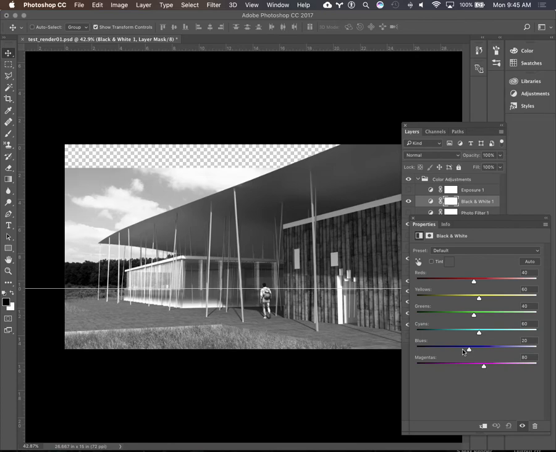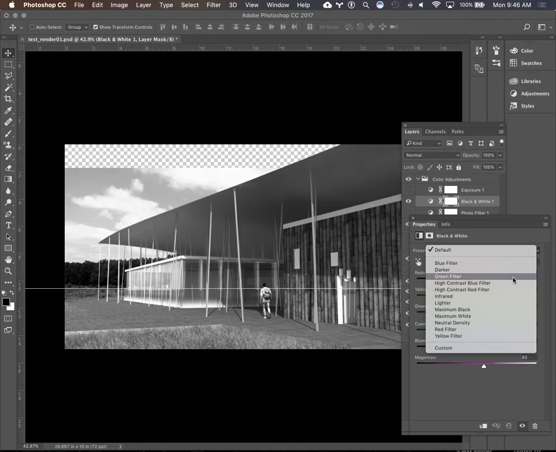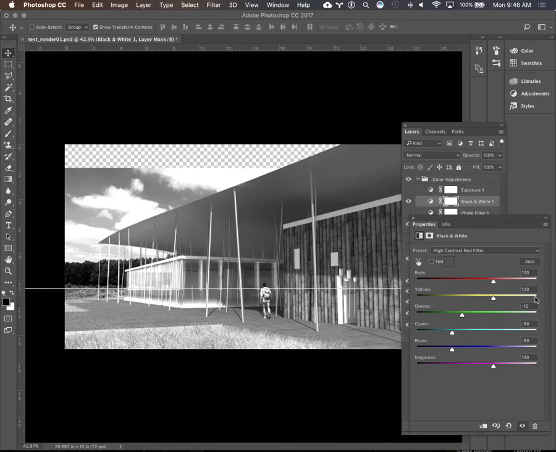manipulations to get different effects. So different types of film also deal with colors differently. So sometimes you might have seen some black and white images that have really dark skies and things like that. So one of the ways that you can do that is using these different filters. So this is a high contrast red filter, and so you can see that it's dealing with the blues much differently than